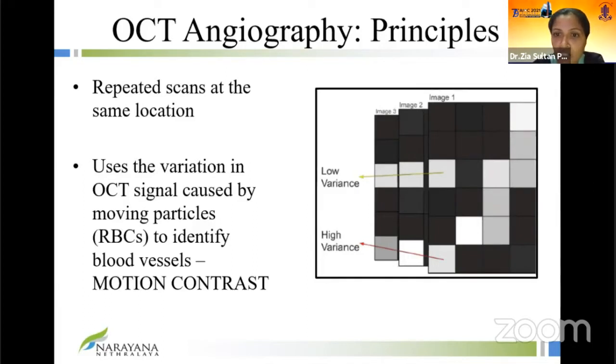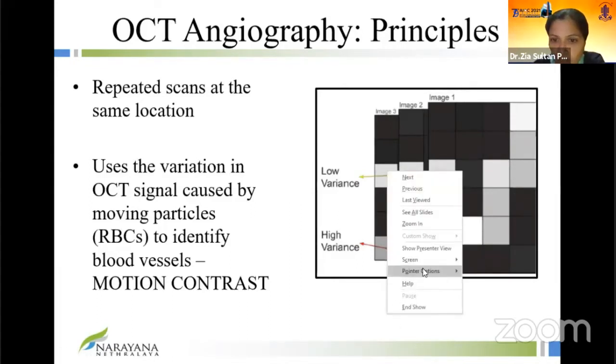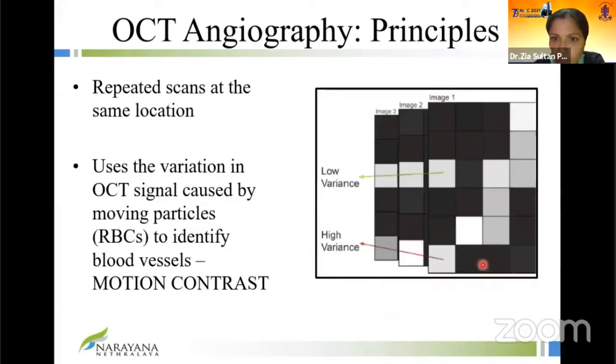So you then get images overlaid, and the algorithm will assess each point and determine what the variation in the OCT signal is. For example, I'll put a pointer here so that I can show you. For example, in this point over here, the OCT signal is very similar. That's called a low variance, and hence it means that that's probably a static point. Whereas at a different point over here, we are seeing quite a lot of variance in the OCT signal. This is not normal and is usually caused by something moving. So we're using motion contrast. The only thing that typically moves is red blood cells, and this helps to delineate the blood vessels.